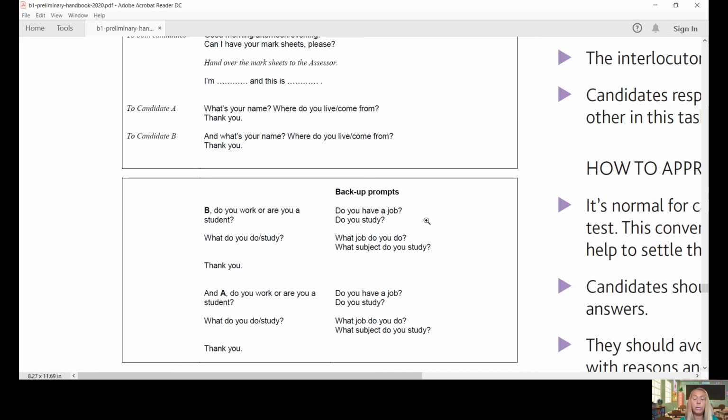You don't need to worry when you start, because usually the interlocutor tries to ask some really easy and common questions so that the candidates can relax and not feel too nervous, because we all know that feeling. We know that feeling of, it's an exam. So we need to be relaxed, and the interlocutor will try and make